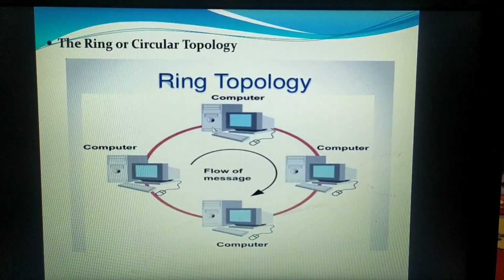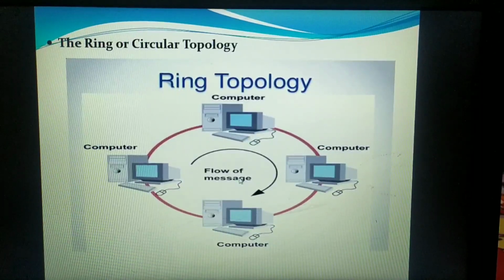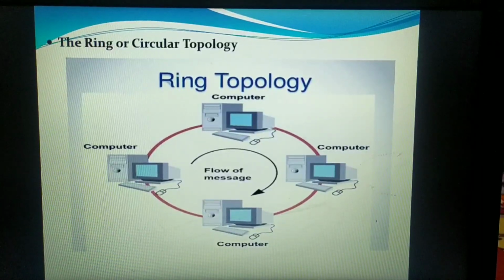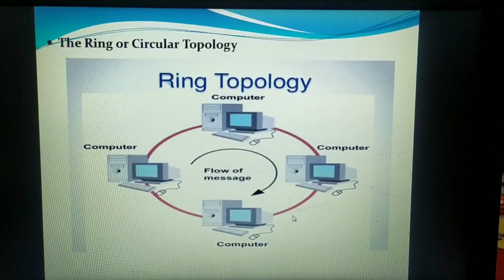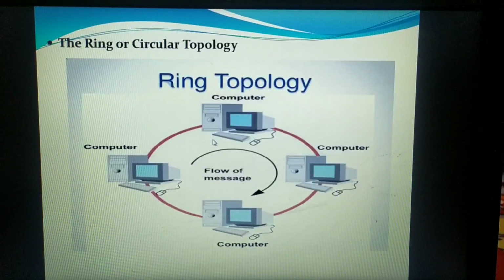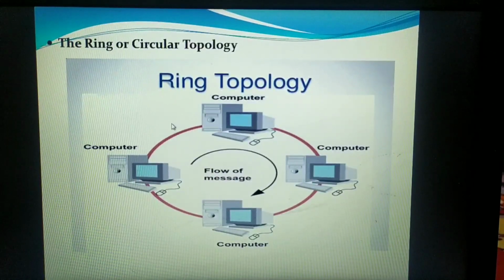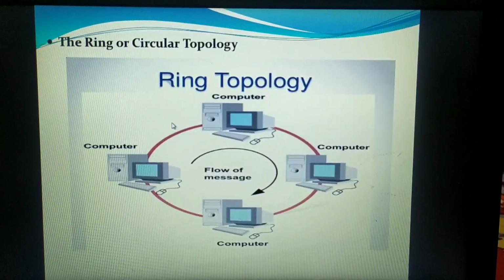That means if you are reconfiguring the network, you have to completely shut down your network's working. The working of your network has to stop for a certain period of time until you make a new connection for your new node. So that is why network reconfiguration is quite difficult. Until you add the new node with the cable and everything, you cannot restart the working of your network. So this is one of the disadvantages of the ring topology.